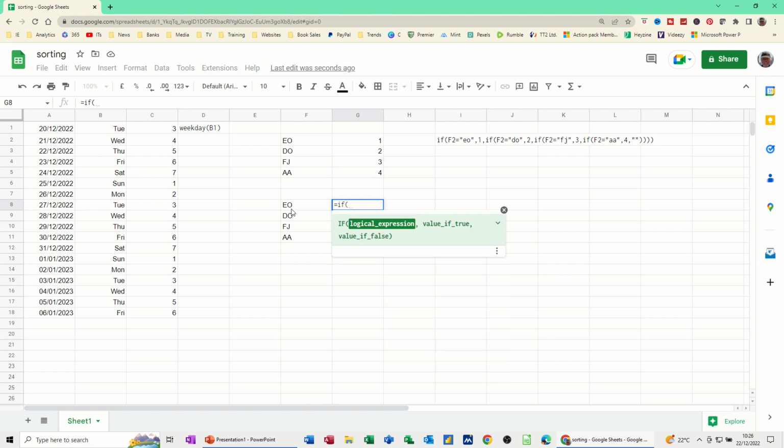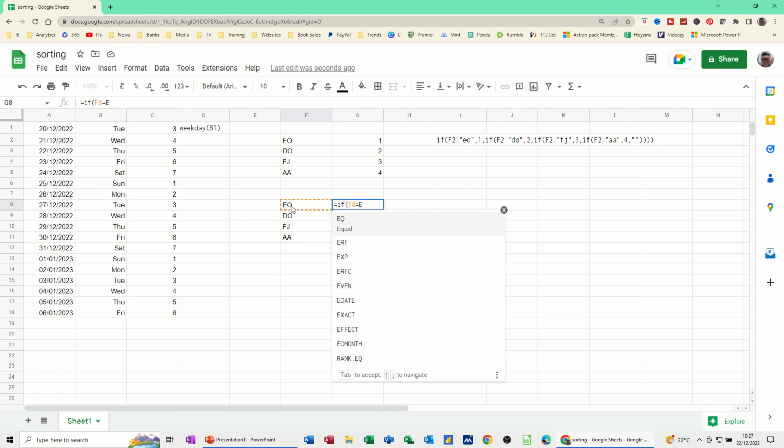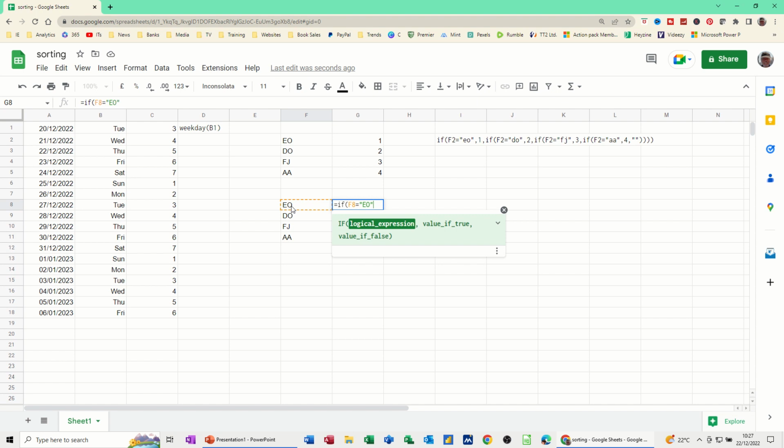So then if that cell equals EO, I need to put that in quotes, EO, close quotes, comma, 1, comma, another if. If that cell equals DO, it's not case sensitive, comma 2, comma another if, open the bracket on the if